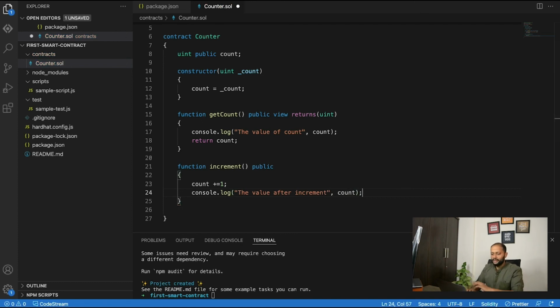Okay, so that's it about our contract. It's a very basic contract. If you see, we just have two methods. One is getCount and another one is increment. Now